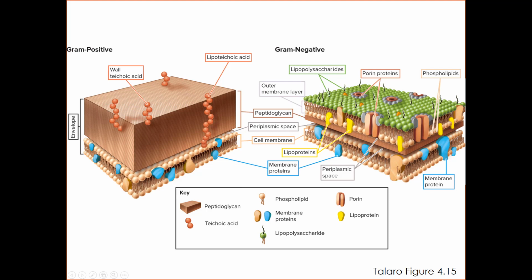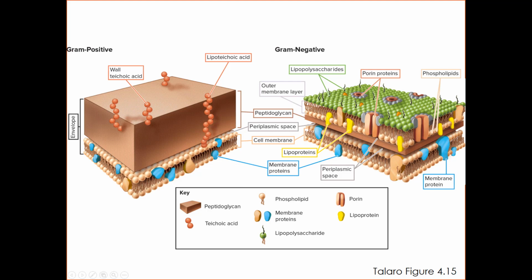Now also in these two cell envelopes are things sticking out of them. Notice on the gram-positive side we have teichoic acid and lipoteichoic acid. Even though they say acid, those are sugars. They're acidic sugars. They're charged sugars sticking out of there. And those have significance. On the flip side then, the lipopolysaccharides that are sticking out of the phospholipid bilayer of the outer membrane of the gram-negative cells,